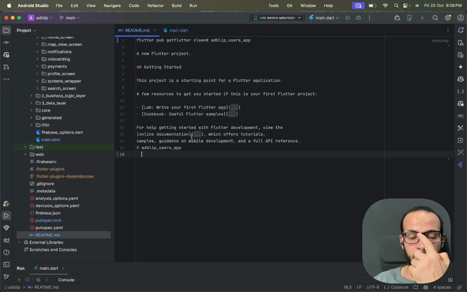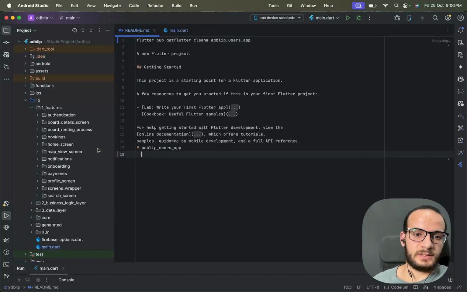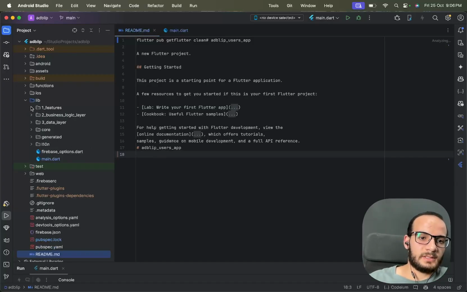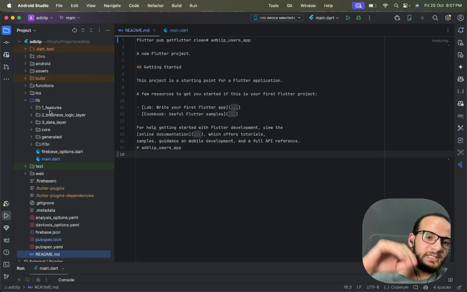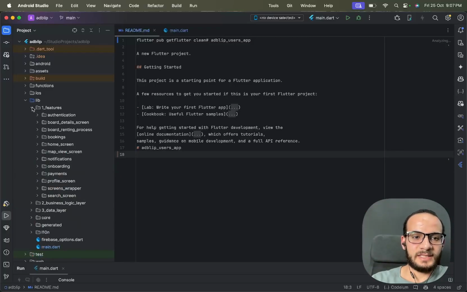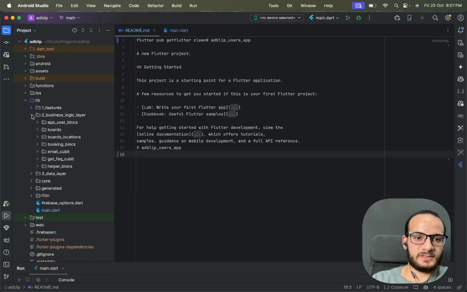This is a larger project I have been working on with Amr for about 3 months now. In a larger project, Amr likes to add a numeric value in front of the name just to keep that one at the top. Then this is the second and third one. So we have at first the features, and then the business logic layer. These are some state management